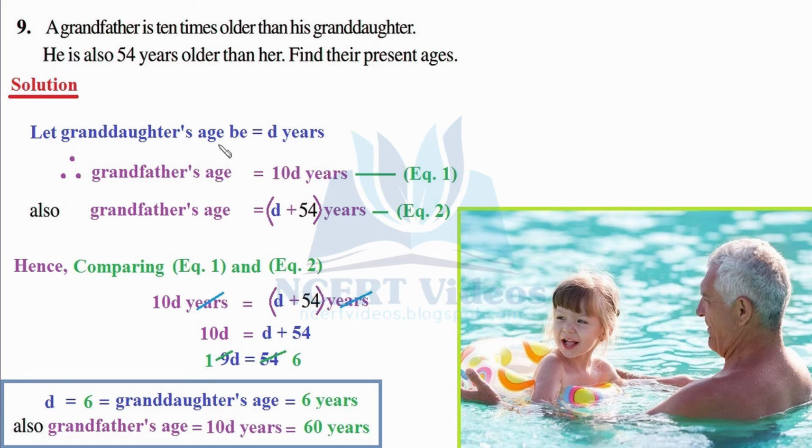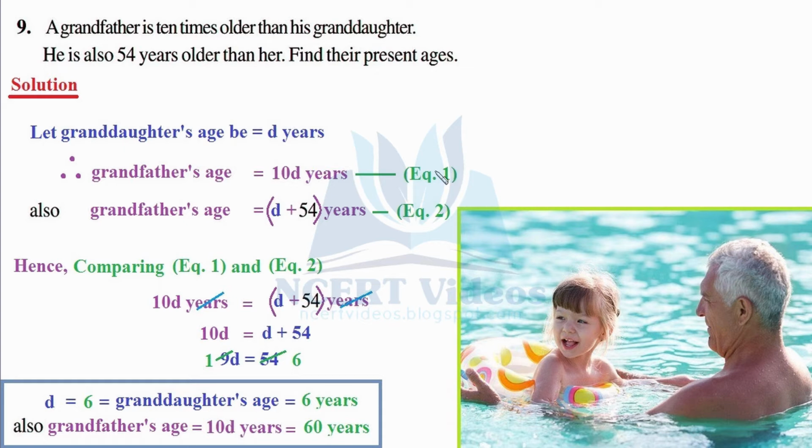So we are considering the granddaughter's age. We write, let the granddaughter's age be equal to d years. d stands for daughter's age, therefore we took small letter d as our variable. Since we have considered the granddaughter's age, we are now in a position to find the grandfather's age in terms of the granddaughter's age. Therefore, from the first line, grandfather is 10 times older. This can be written mathematically as grandfather's age equals 10d years. That is, 10 is getting multiplied with d, and we need not write the multiplication sign between a variable and its coefficient whenever they are multiplying. Therefore, we wrote equals 10d years.